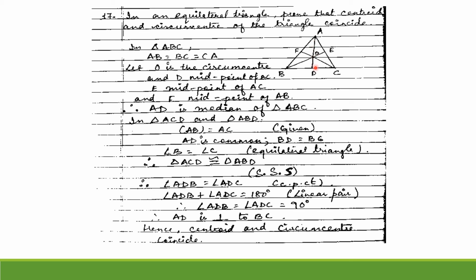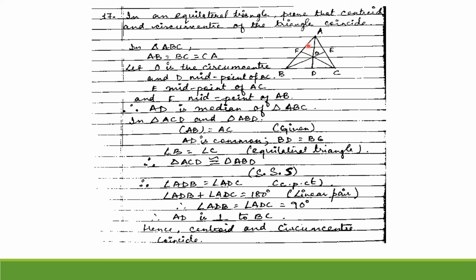So we have two sides equal, and we also know that since D is the midpoint, BD will be equal to DC. So we have three pairs of equal sides. Therefore, we can say that the triangles are congruent to each other, and similarly, we can prove that